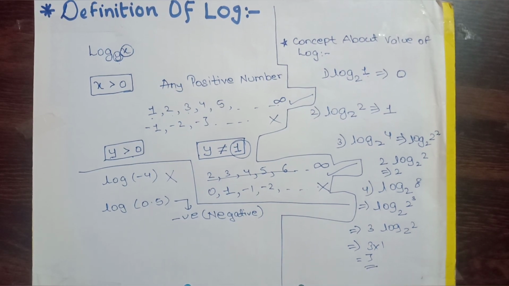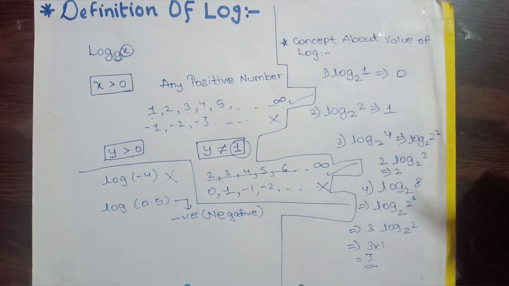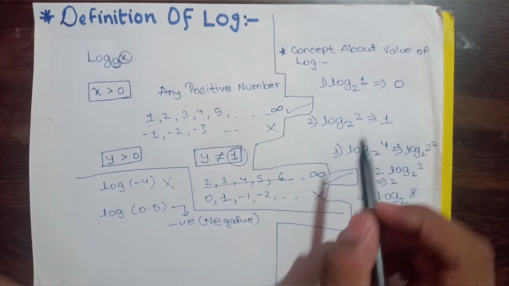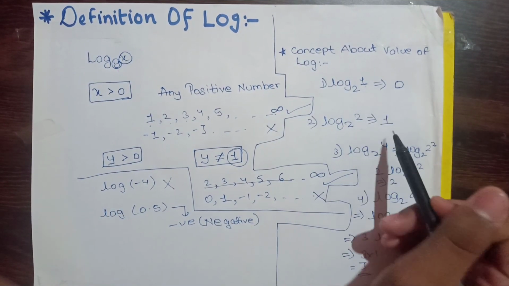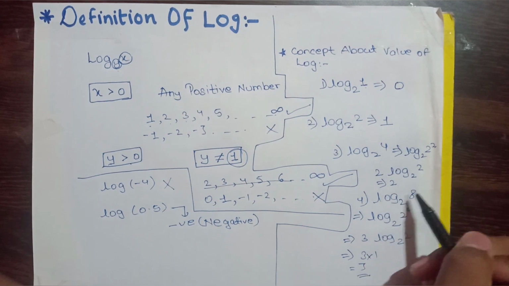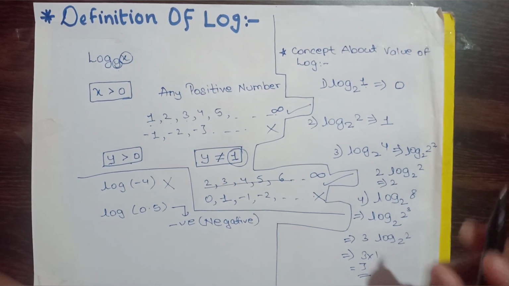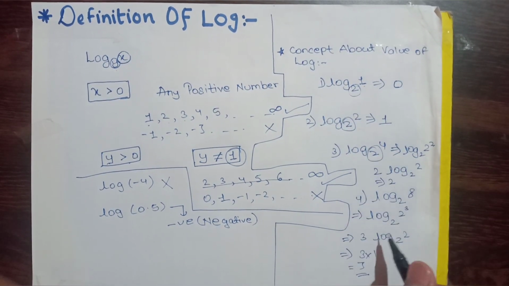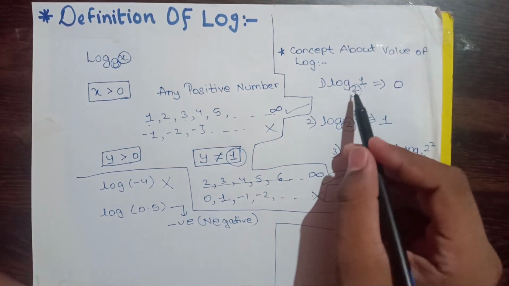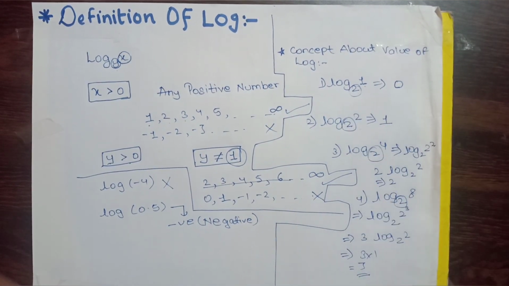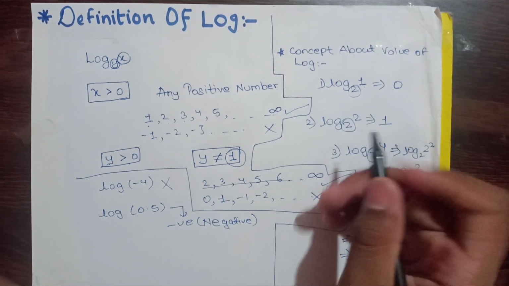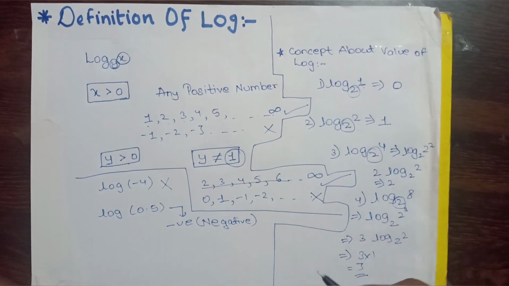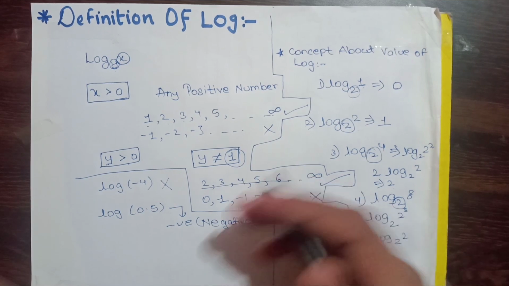So from this example we understood that the bigger the number, the bigger the log. If the number is 1, log is 0; number is 2, log is 1; number is 4, log is 2; number is 8, log is 3. One more thing to be noted, log also depends on the base. Since all the bases are same, the numbers are in increasing order. If 3 would have been the base, then the answer would be somewhat different. And this can take place only if the base is same, otherwise the value will change depending on the base.